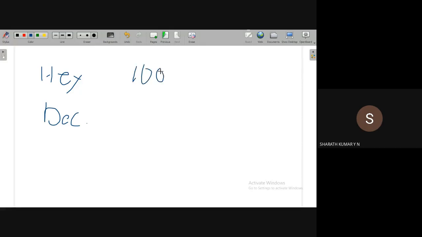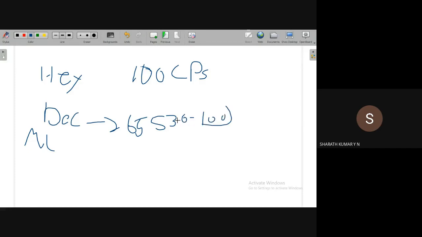What we used to do in the decimal method, for example in mode 1 operation: 65,536 minus 100 into 1.085 microseconds. Sorry, this is the clock pulses to be counted, no? Okay, so for clock pulses to be counted, we have to.